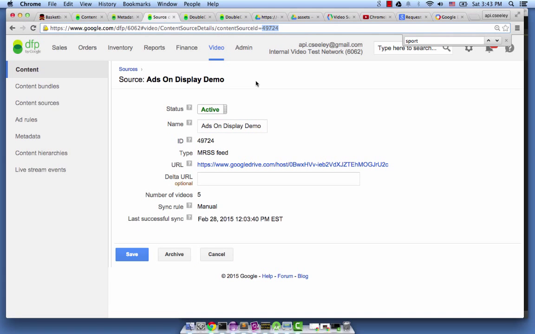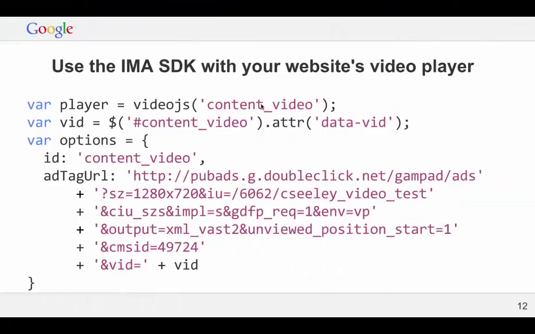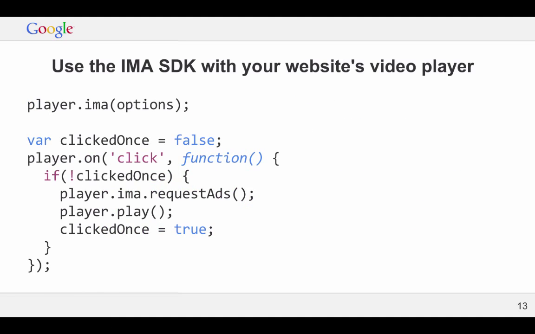So this 49724, that's what we're passing in here, this 49724. With that, the only other code we need is to initialize the IMA portion of the video.js player with those options,